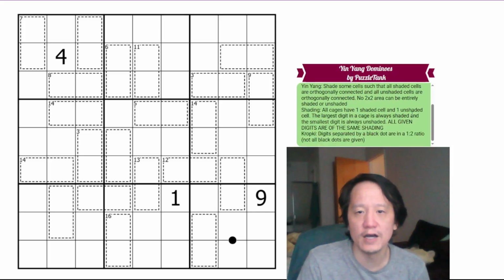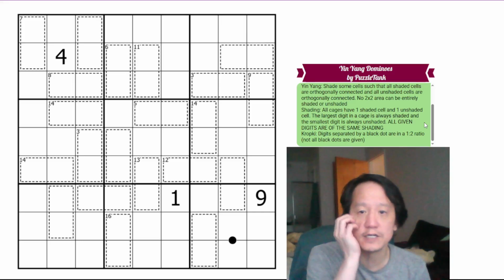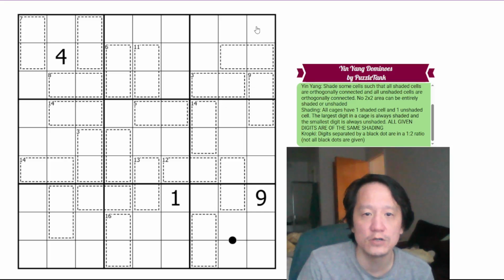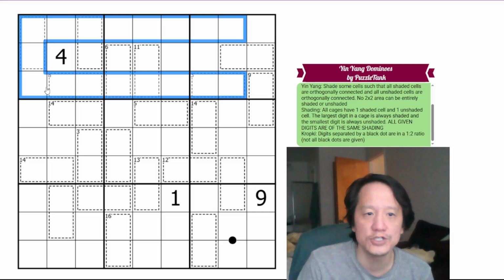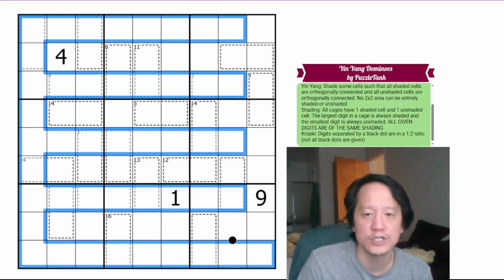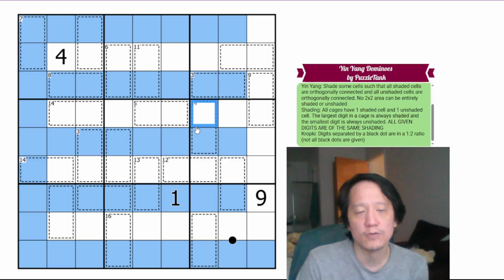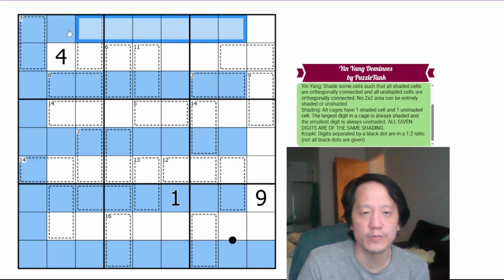We also have yin yang, where we need to shade some cells such that all shaded cells are orthogonally connected and all unshaded cells are orthogonally connected. No 2 by 2 area can be entirely shaded or unshaded. So this is an example of a yin-yang shading that works, right? Because to connect from any cell